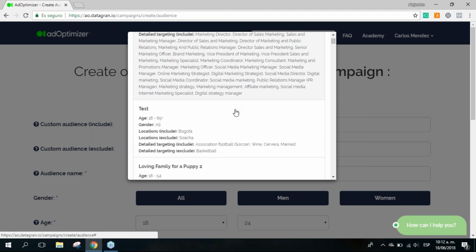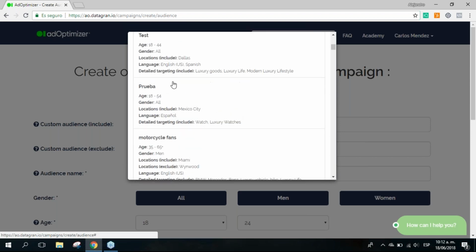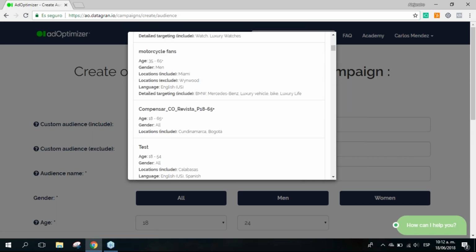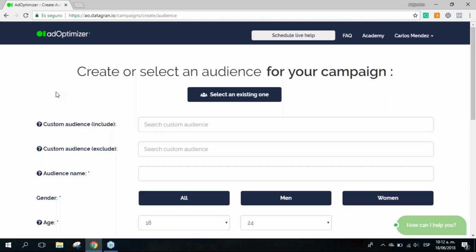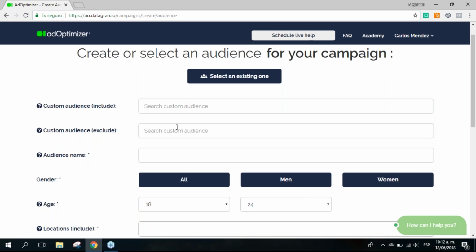So you can see we've used several different tests and audiences. If not, you can also have custom audiences. If you have custom audiences saved on the Facebook account that you linked, they will also show up here. You can exclude them as well. Or if you just want to, you can start